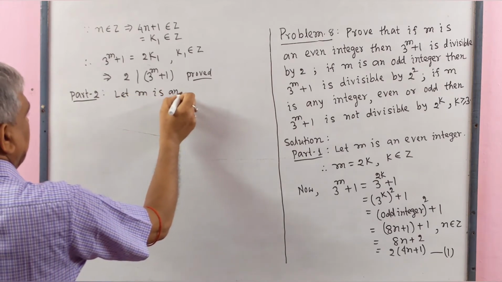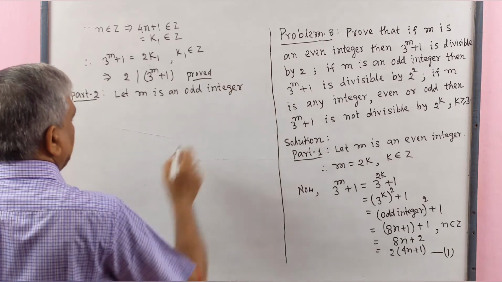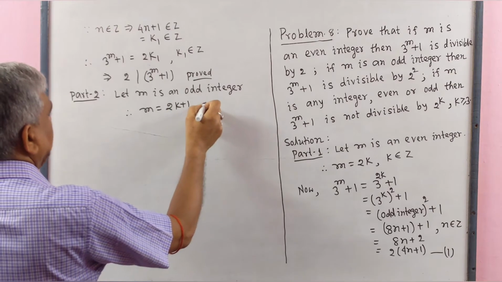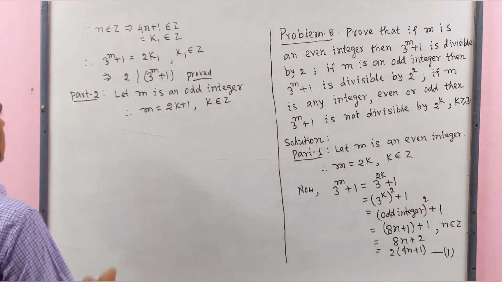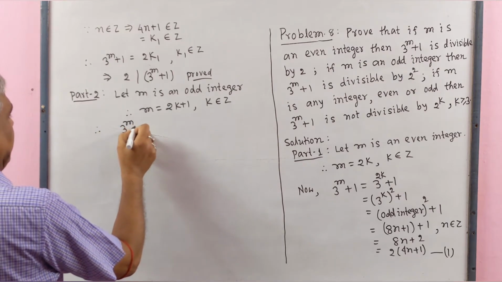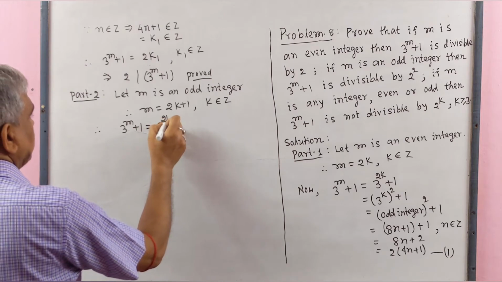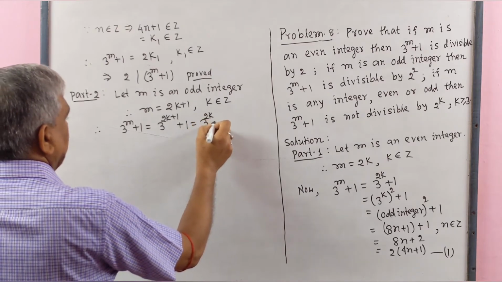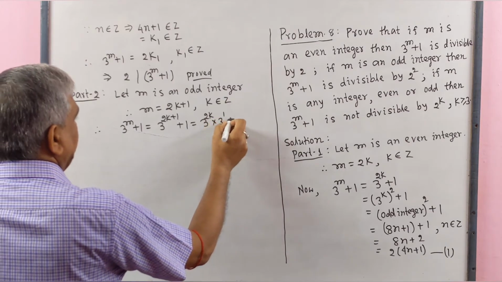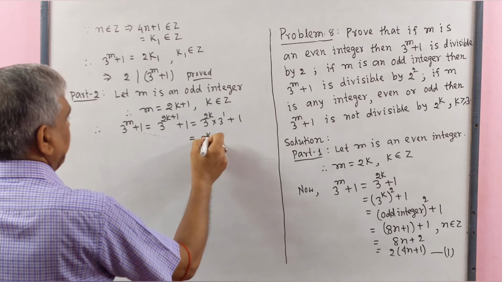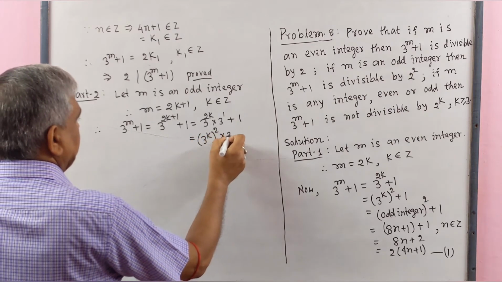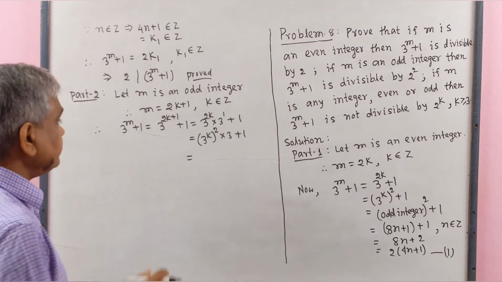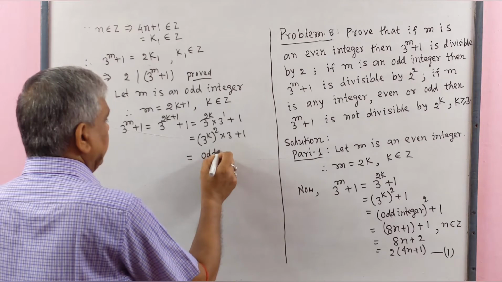m is an odd integer. Therefore, m will be of the form 2k plus 1, k belongs to Z. Therefore, 3 to the power m plus 1 equals 3 to the power 2k plus 1 plus 1, which equals 3 to the power 2k multiplied by 3 to the power 1 plus 1, which equals (3 to the power k) whole square multiplied by 3 plus 1. 3 to the power k is an odd integer. This is equal to an odd integer